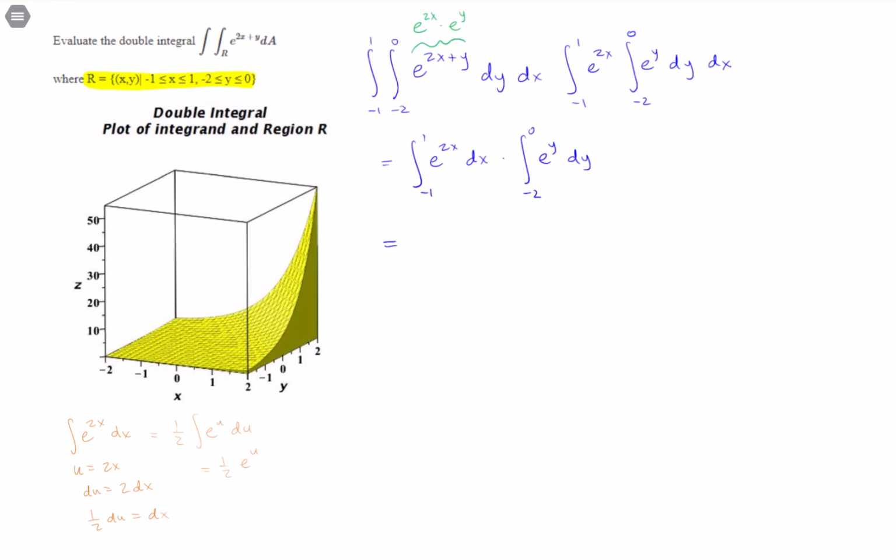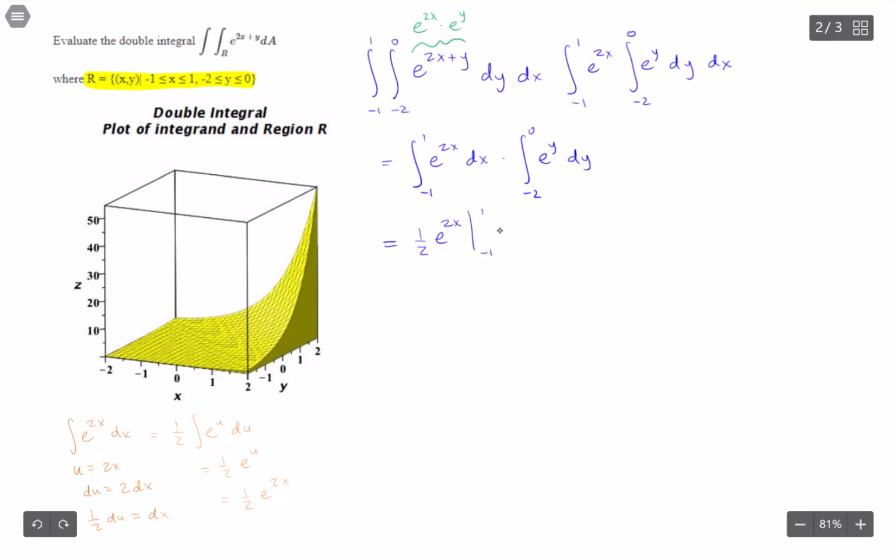I'm not going to worry about the plus c because I'm plugging this back into a definite integral, so the plus c isn't going to make any difference. And then that goes back into e to the 2x. All right, if you also want to speed things up, just know that if your integral is only off by a constant multiplier, then just integrate the function as you would normally, the outer function, and divide by that constant. So anyhow, we should end up with 1/2 e to the 2x,